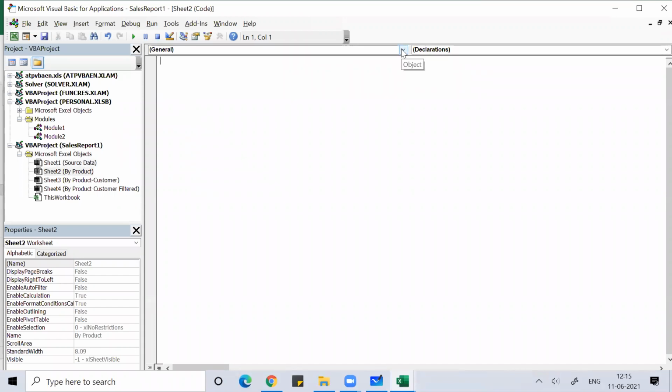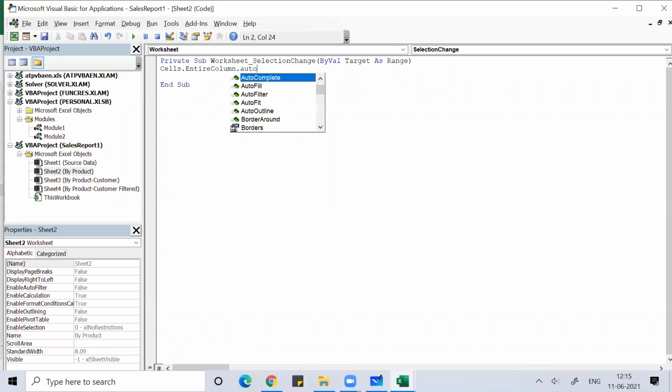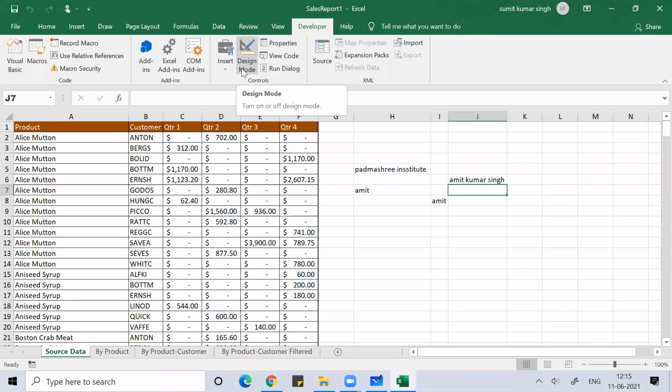Use the drop down arrow of General, click on Worksheet, and inside you simply write Cells.EntireColumn.AutoFit, either by writing or selecting it. You're done. Then press Alt Q, which means you're closing it. And then whatever you write, automatically it will fit.